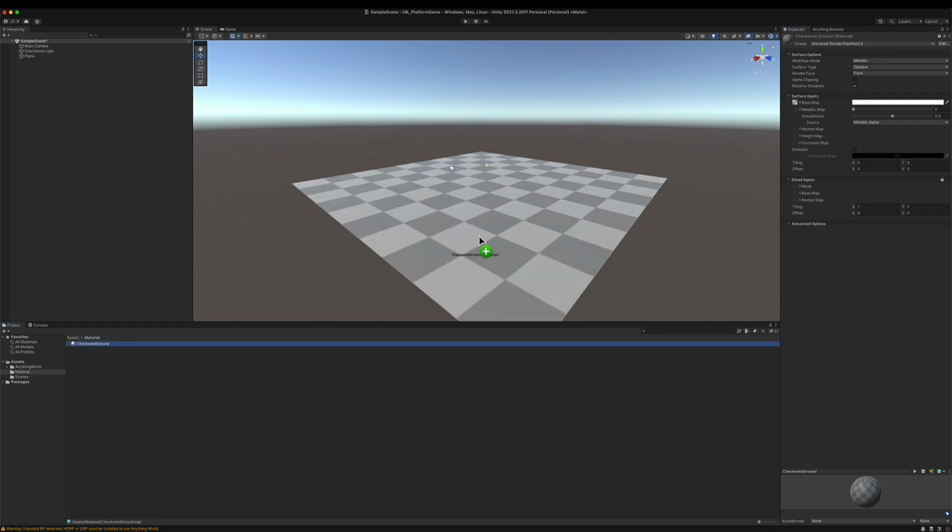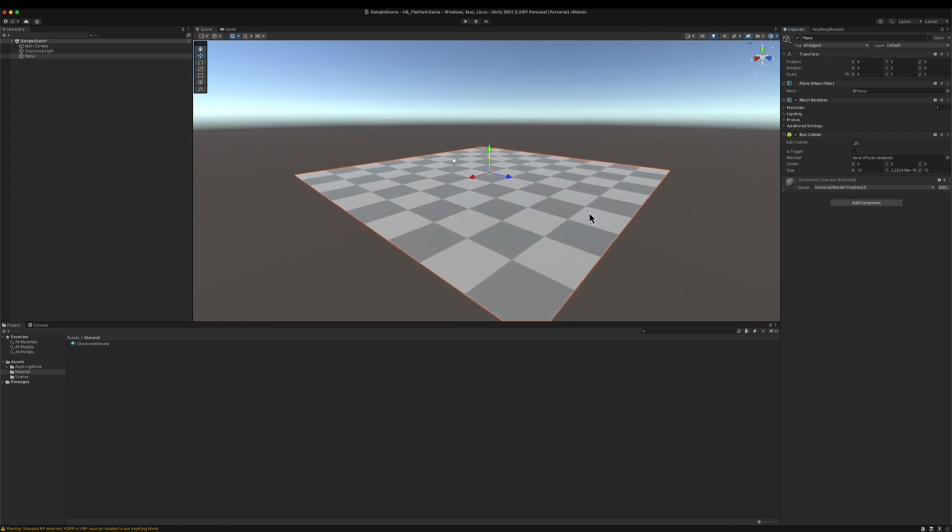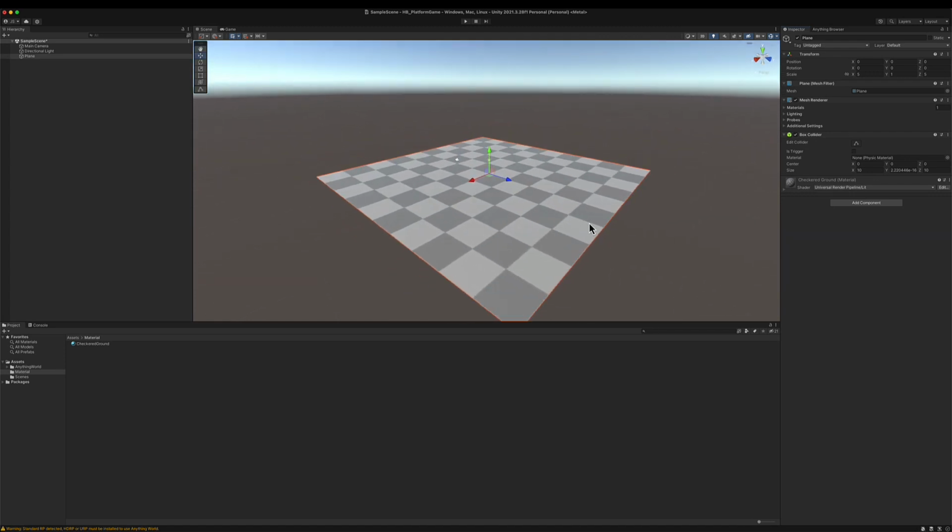Gonna apply some tiling to it. There you go. Forgot to check my plane. My plane is on 000. Fantastic. And I'm going to substitute the mesh collider with a box collider. Great. Now that I have a floor where my character will be able to move around, I'm going to go